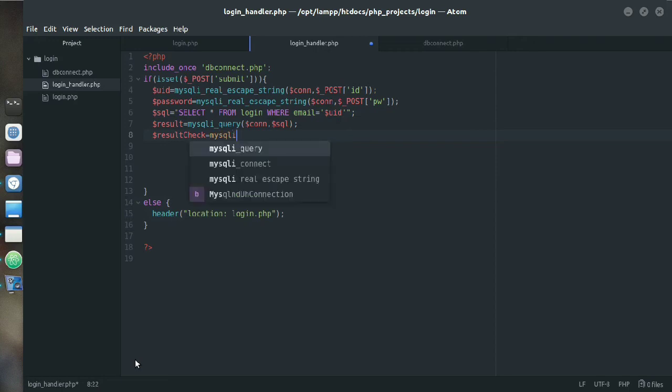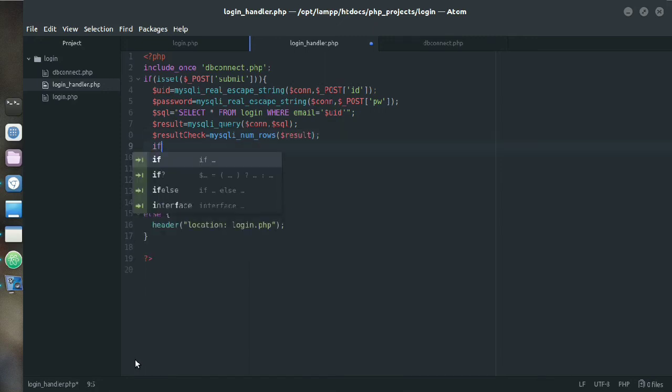Inside it you need to pass your con variable and also the sql query variable, and then write result check equals mysqli_num_rows, and inside it pass the result variable to check if there is any data or not